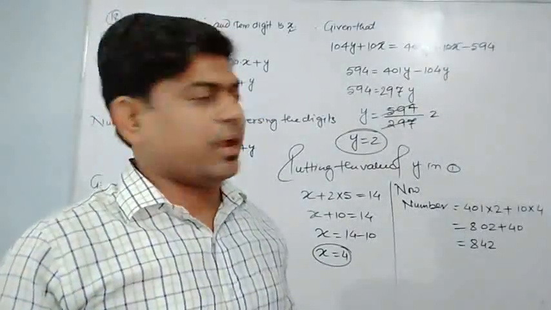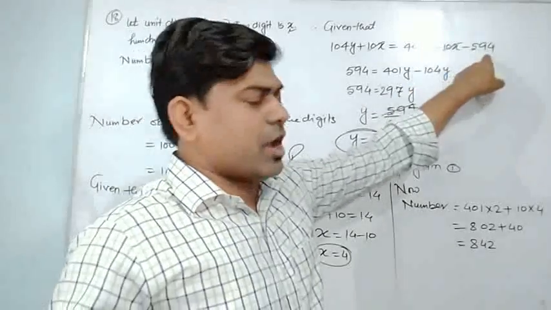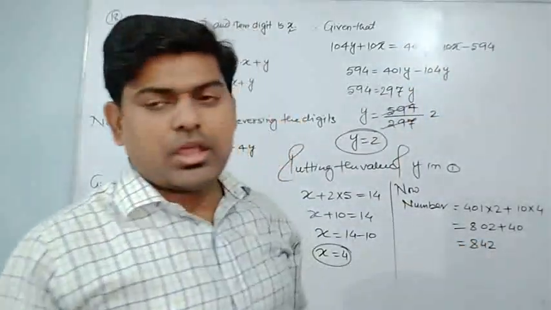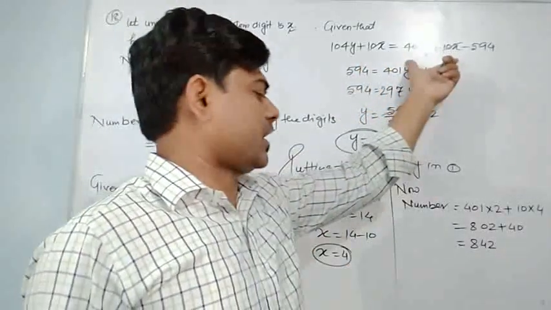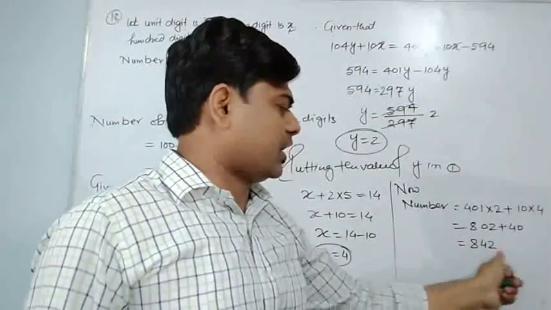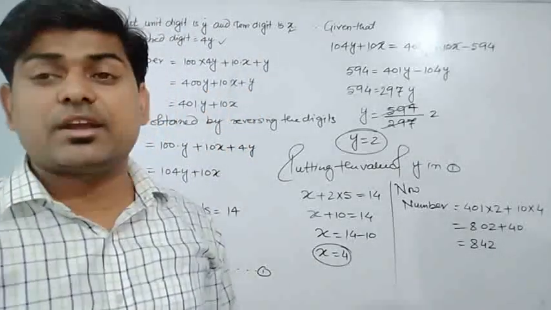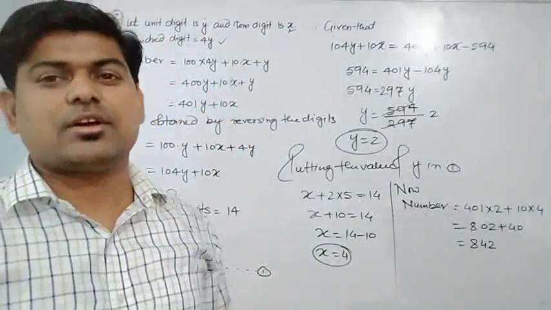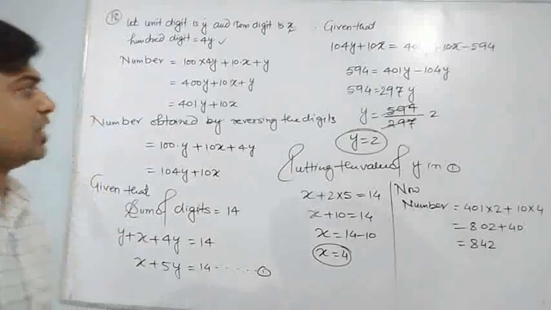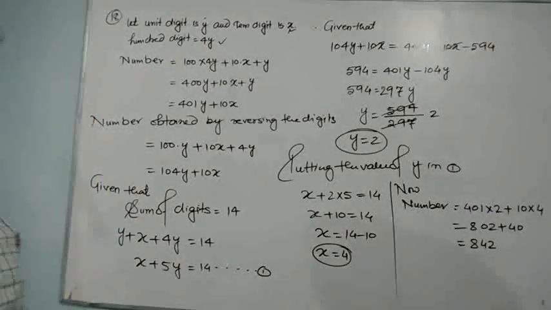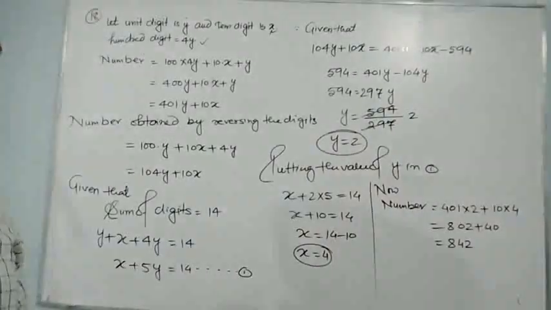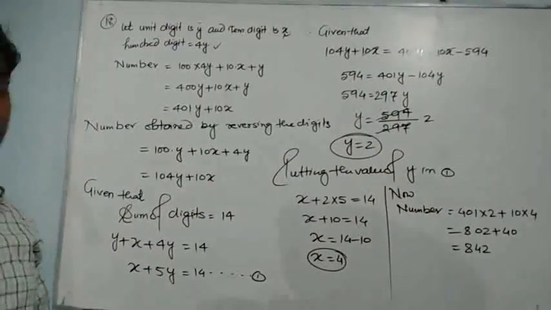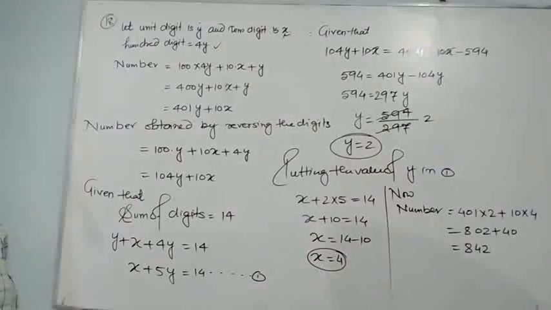Now 248 plus 594 will be 842 or not. Or in other words, I can say when I subtract 594 from 842, we will get 248 or not. We will get. Definitely we will get. So this is your question, and it is different from the previous one. You may write this one, otherwise we will not write. You can take a screenshot.